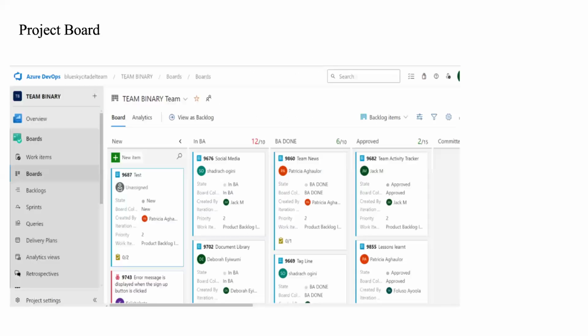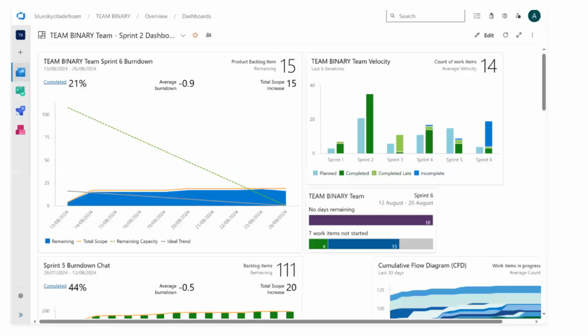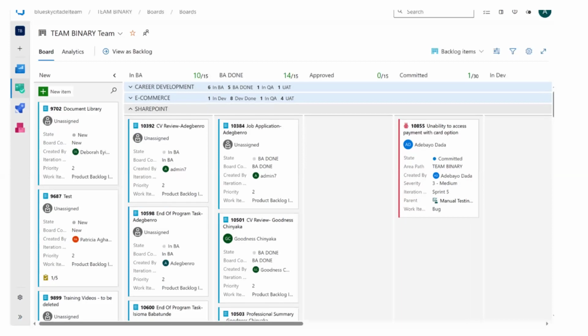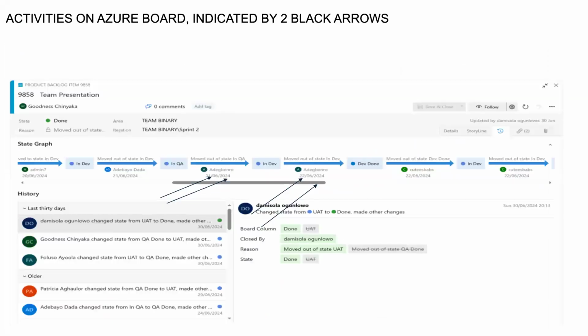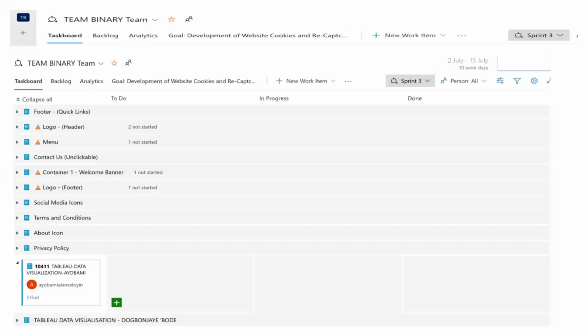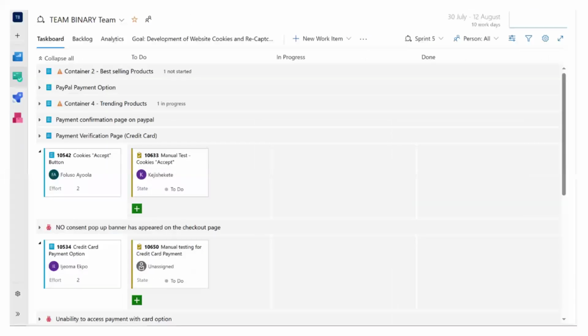Next, please. We have a screenshot of the Azure board, as we can see, where PBIs are on the board. Next, please. We also have a dashboard screenshot of the metrics and various charts. Next, please. The continuation of the board. Next. These are other tasks done by individuals and group as well. Next. Yeah, part of it too.